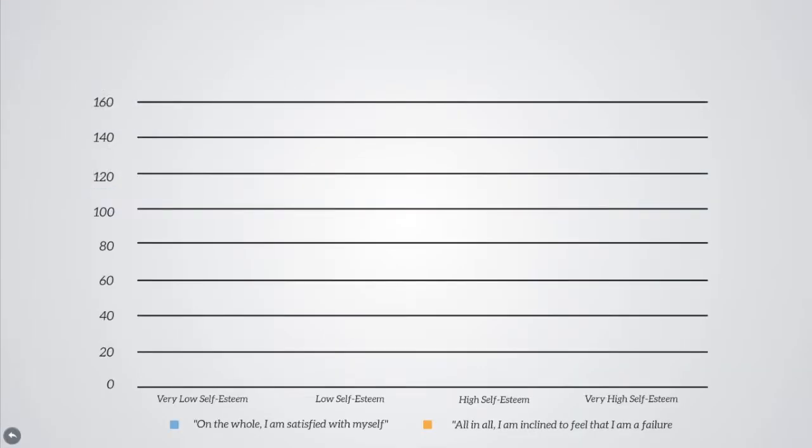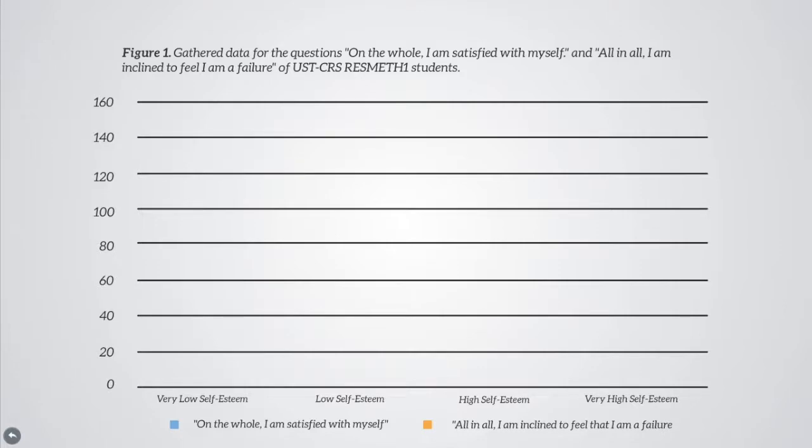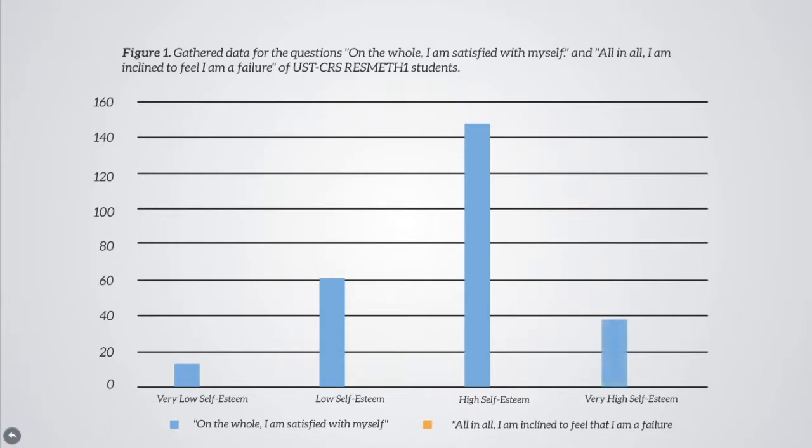Results. This graph illustrates the raw data collected for question 1 and question 9. The data collected for question 1, "On the whole, I am satisfied with myself," is as follows: 12 students strongly disagreed, 61 disagreed, 150 agreed, and 38 strongly agreed. For question 9, "All in all, I consider myself a failure," 18 students strongly agreed, 76 agreed, 106 disagreed, and